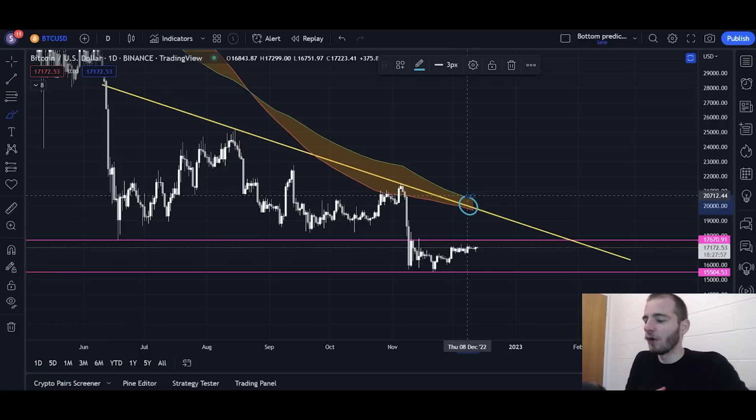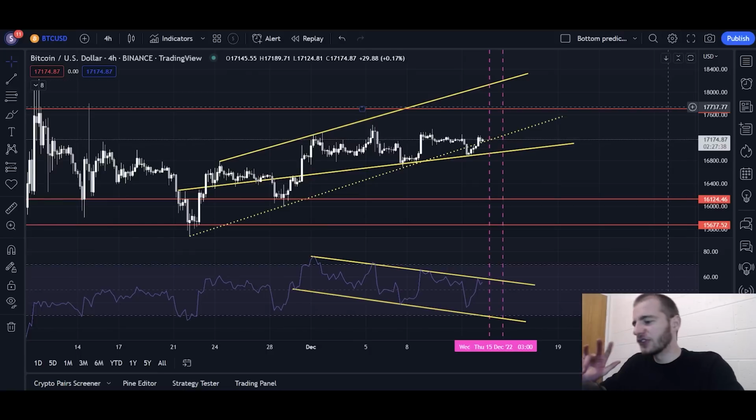and that's where we would buy the remainder of our reserves and put it into the market, because that would be decent confirmation that the bottom would be in for Bitcoin, in my personal opinion. So yeah, those are the levels you need to watch: 15.5K, 17.6K, and that downtrending yellow line in conjunction with the bull market support band. Those are very, very important levels.